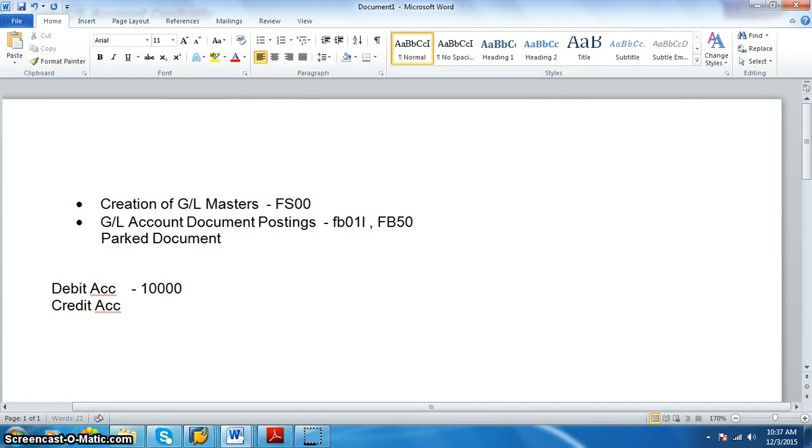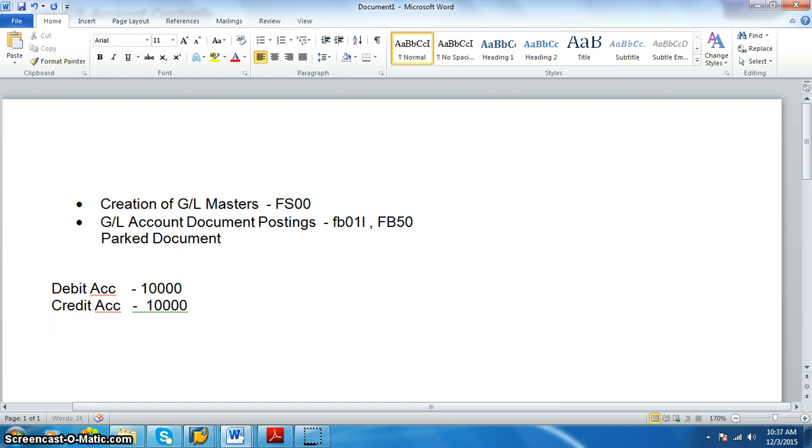So then this will become plus 10,000 and minus 10,000. Then if we have plus 10,000 and minus 10,000, finally the balance will be 0. And this is about the accounts.